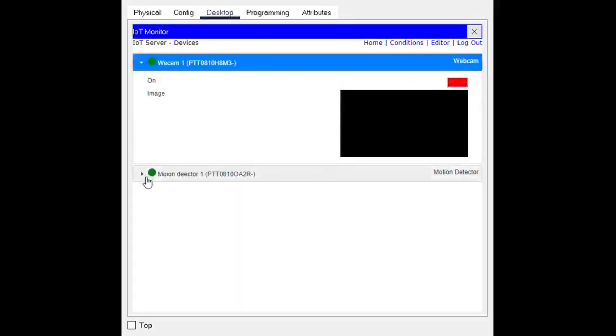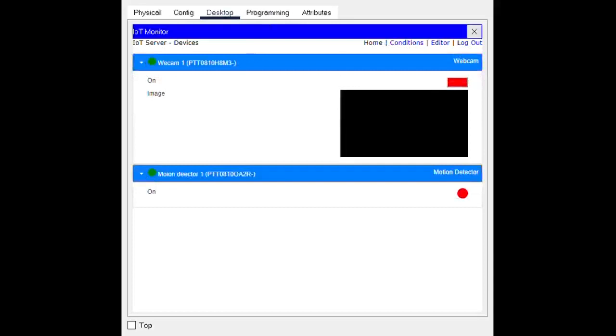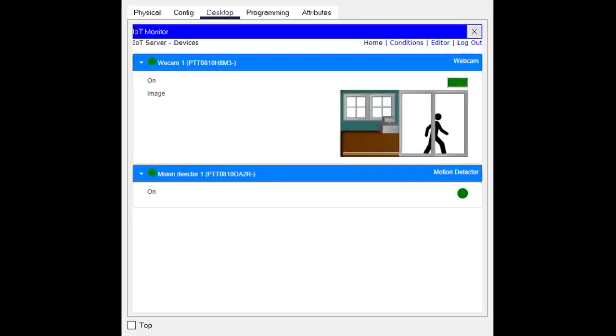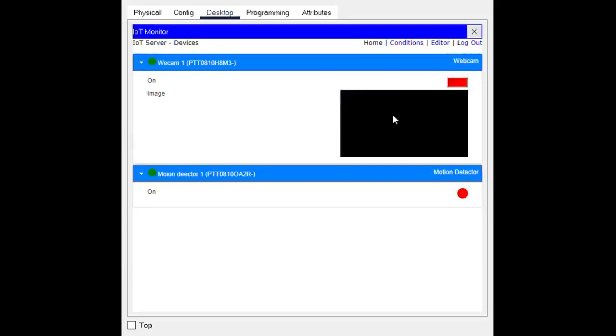So now both conditions are being applied. Now when the motion detector detects the motion, then webcam will automatically turn on as you see here, and after the motion is gone the webcam will be turned off.